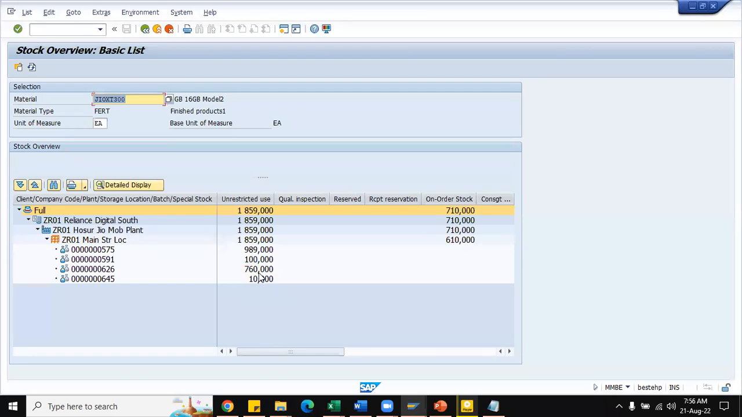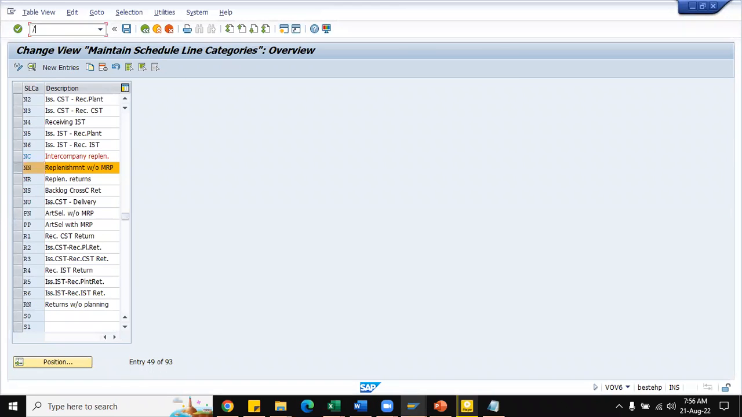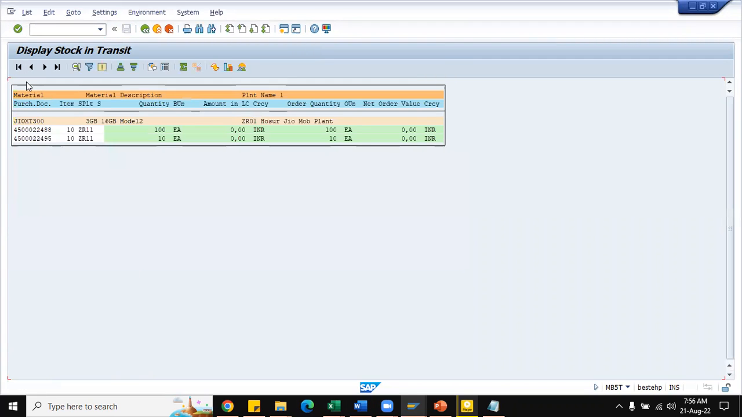Because we can see this one in the stock in transit. So MB5T, slash n MB5T transaction, receiving plant ZR01, and just click on execute. So it will be there. So this is our purchase order. 10 units are there. 10 units which is in transit. So for this to complete, that is as 0,